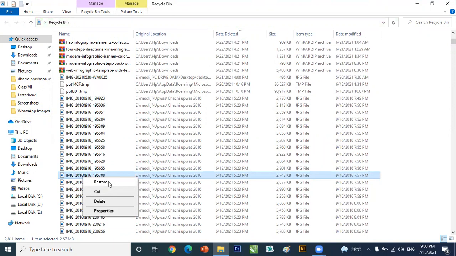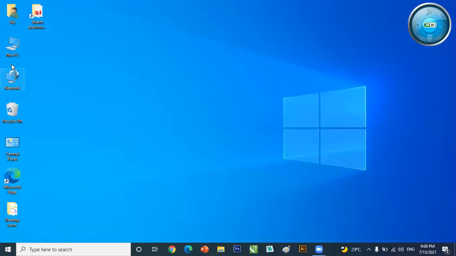If you have deleted a file by mistake and want to bring it back, you can restore it. That means you want to restore your deleted files. So that is also called the dustbin of the computer. We can say that it is a dustbin which stores all the deleted files.